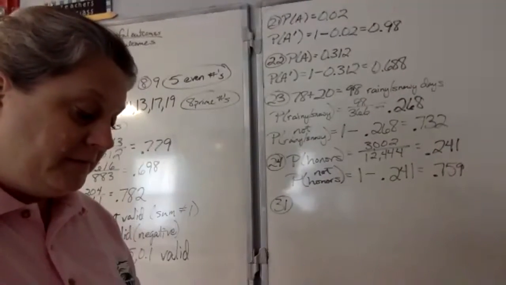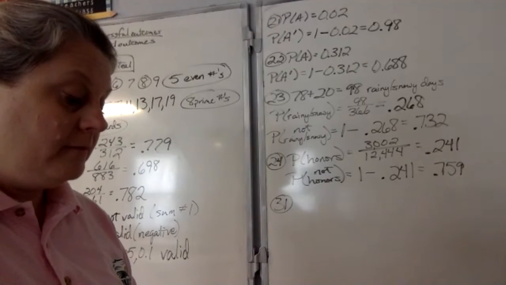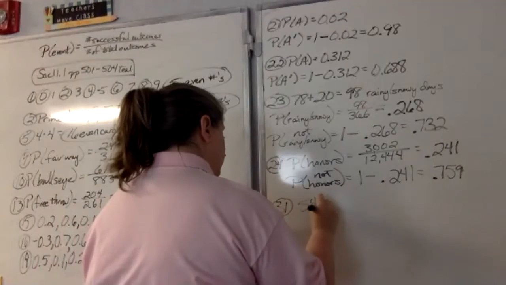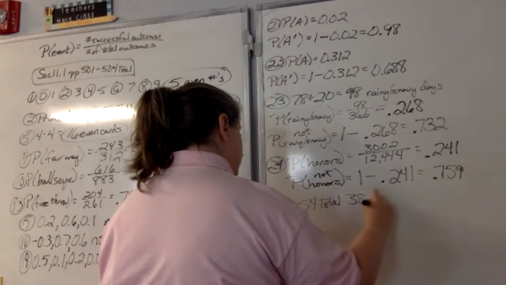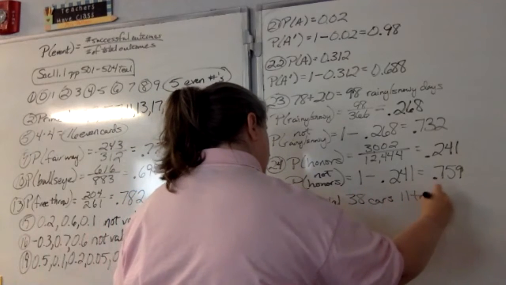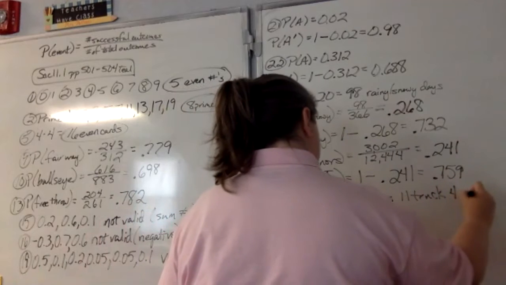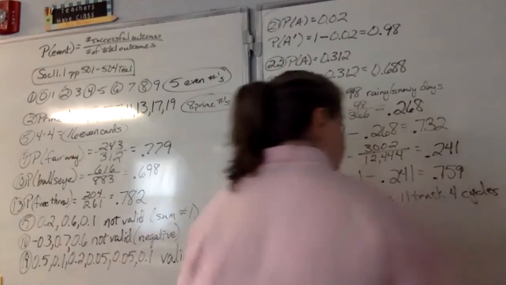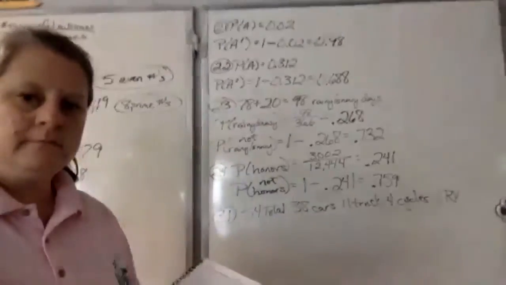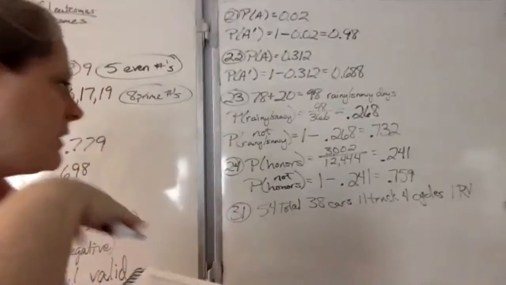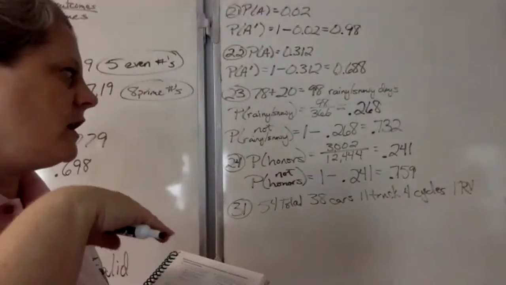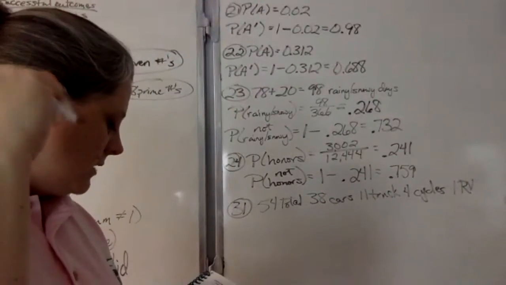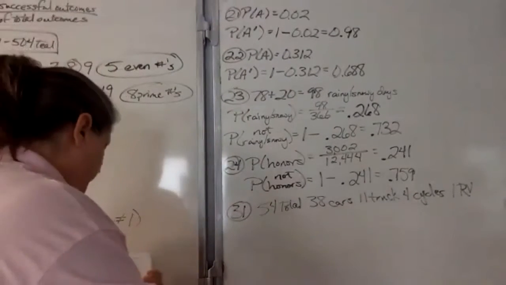Marina is checking parking stickers in a parking lot where 54 vehicles are parked. There are 38 cars, 11 trucks, 4 motorcycles, and 1 motor home. Okay. So there's 54 total. 38 of them are cars, 11 are trucks, 4 are motorcycles, and 1's a motorhome or an RV. Okay. So for part A,